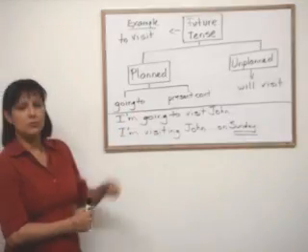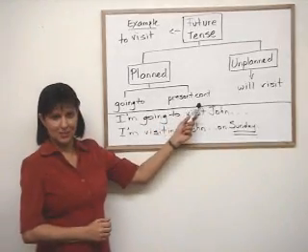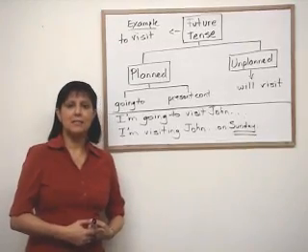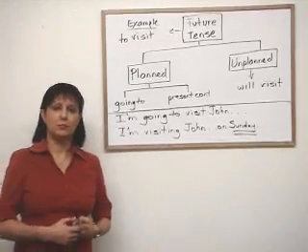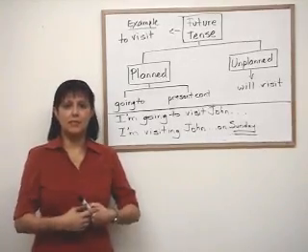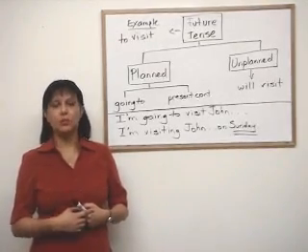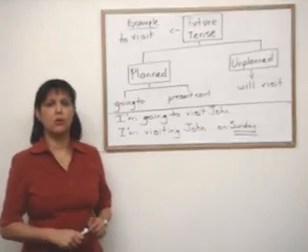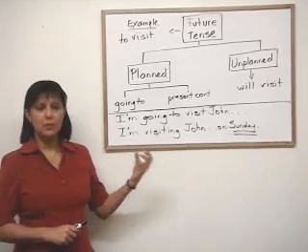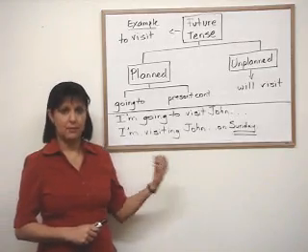The second way to speak about planned activities in the future is by using the present continuous. Now, I know you're going to wonder why the present continuous. Till now, you probably learned that the present continuous, for example, saying I'm visiting, indicates something that's happening now or something that's temporary. However, you can also use the present continuous to talk about the future as long as you add some period of time in the future to indicate exactly when that activity will happen. Let me give you an example.